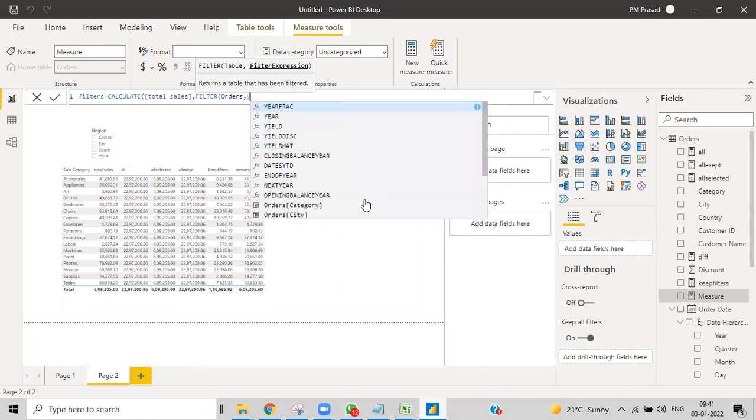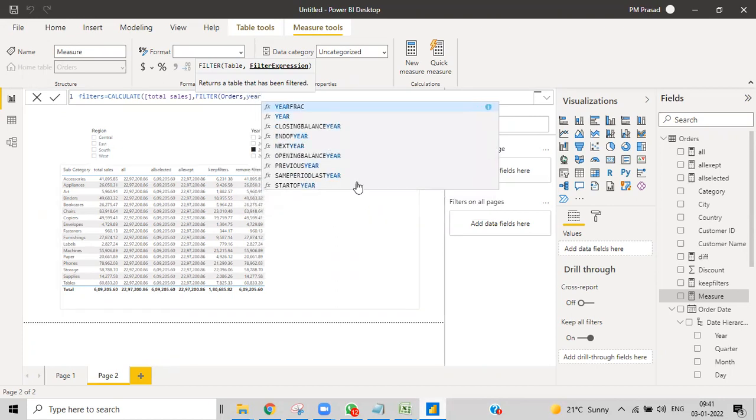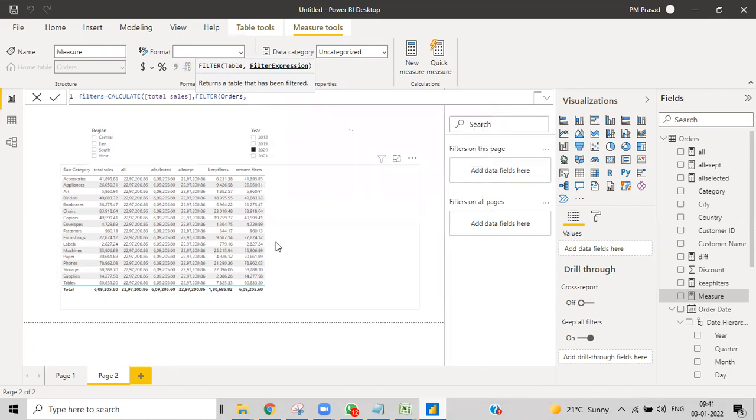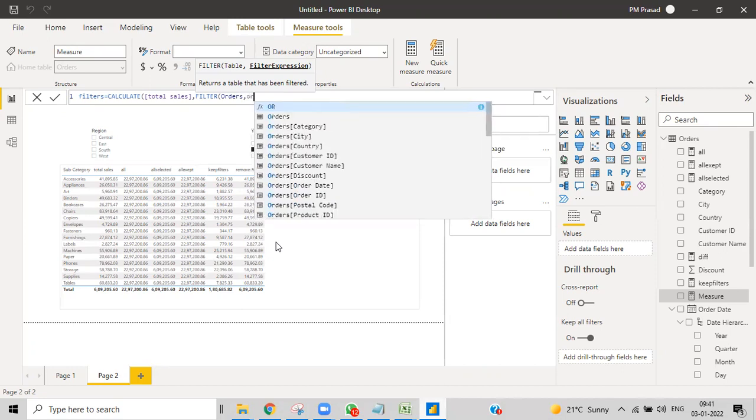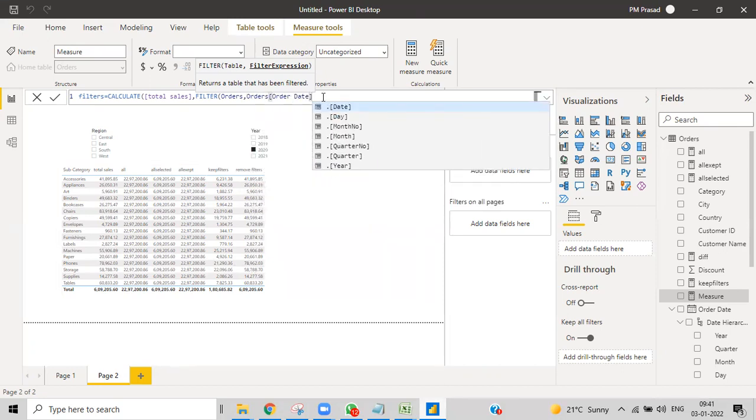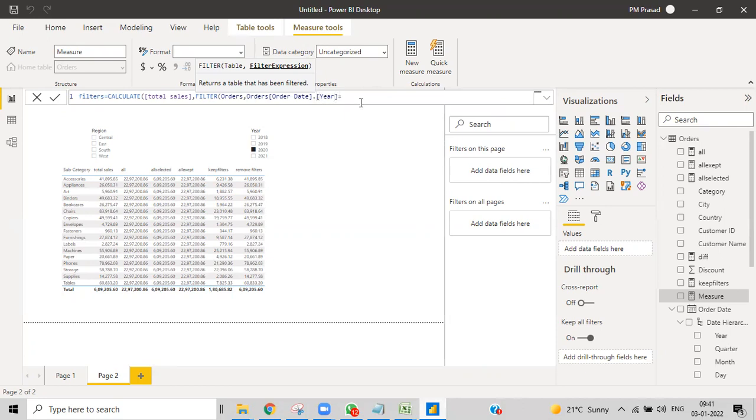Here you can see the year. Earlier we didn't use this year kind of thing, so right now I'll use it. So year of order date should be equal to 2000.